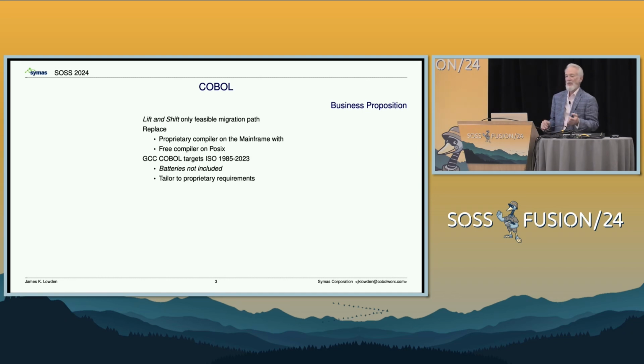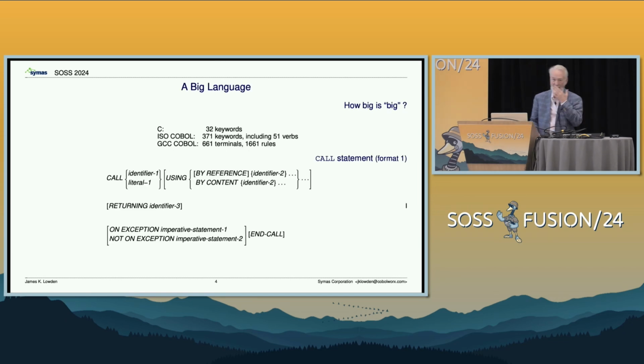So that's our business plan, to build a simple, I'll say, ISO standard COBOL compiler that then may need to be tailored to individual situations. We think if we can write the compiler, we can probably do the tailoring too. COBOL is a gigantic language, and I think these numbers make it clear. I want to point out just for the moment that the ISO COBOL document that describes the language is 1,200 pages. It's a significant number we'll come to in a little bit.